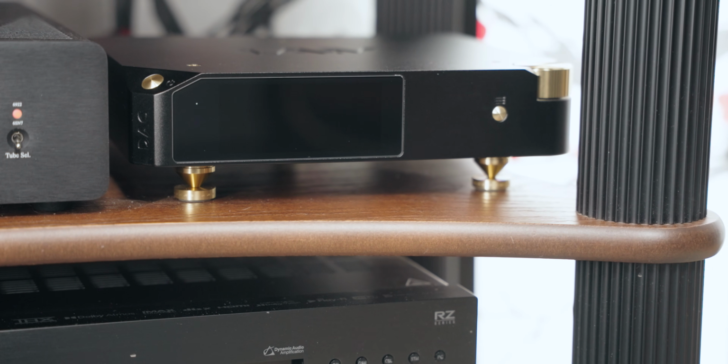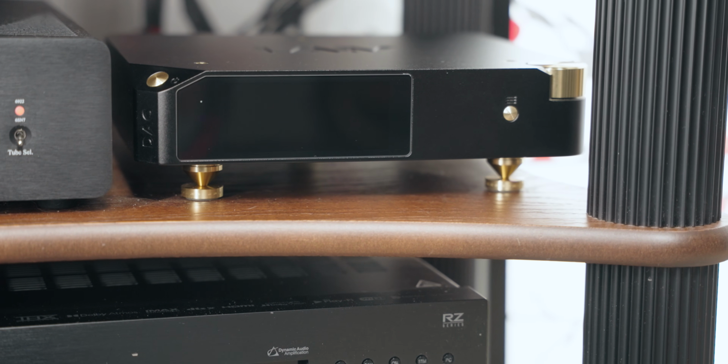And I say that a little bit reluctantly because my DAC does change out quite frequently. I like to change DACs and hear differences. And so that's kind of one of my things, the DAC. I've never really settled on a DAC. I've had the Terminator Plus from Denafrips for a few years, but